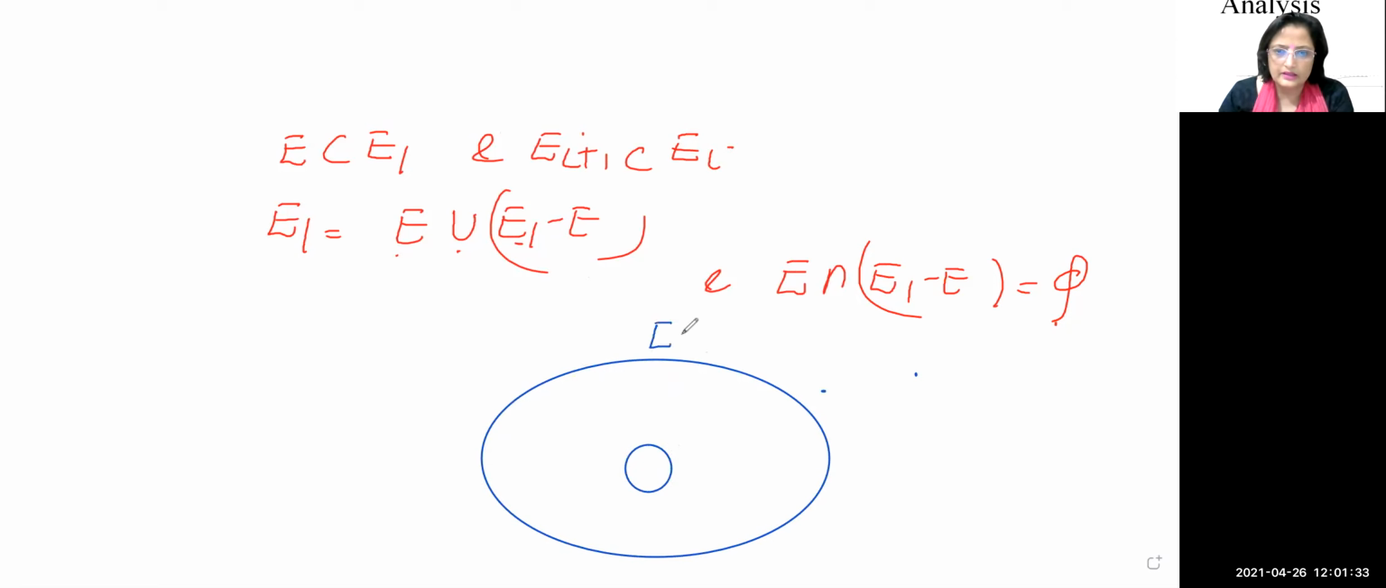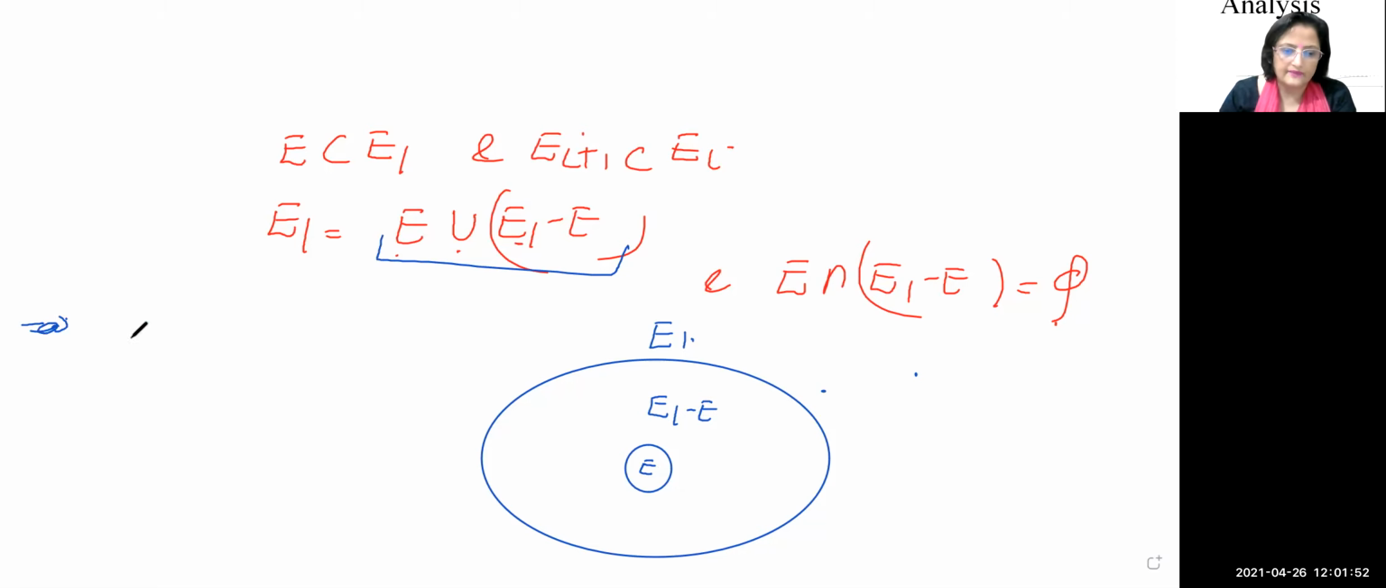This is E1. The name is E. This is E1 minus E. Right? So how is E1 formed? Union of E1 minus E and E, and both are disjoint. Right? So it implies,